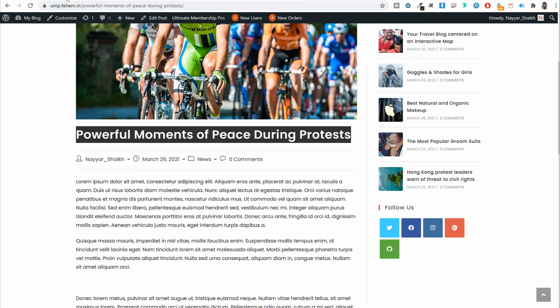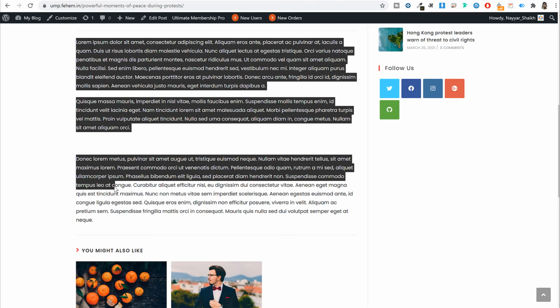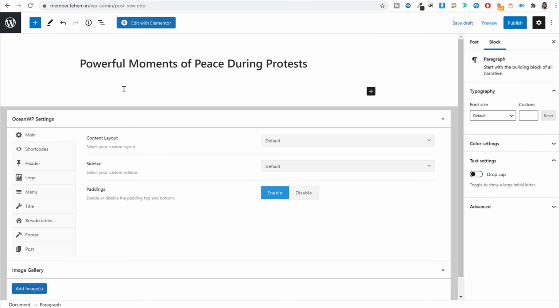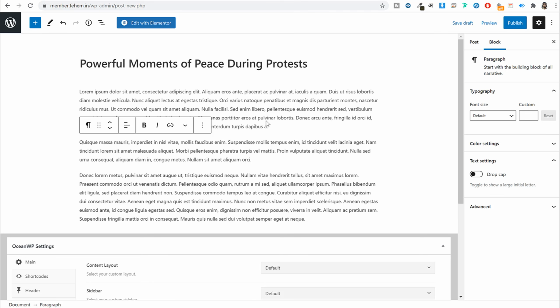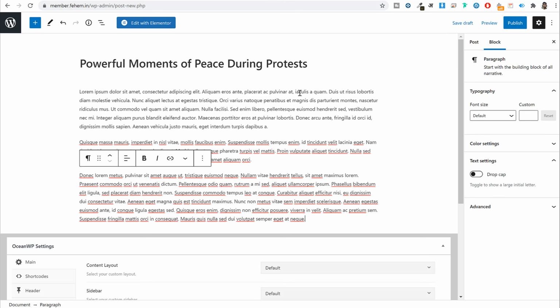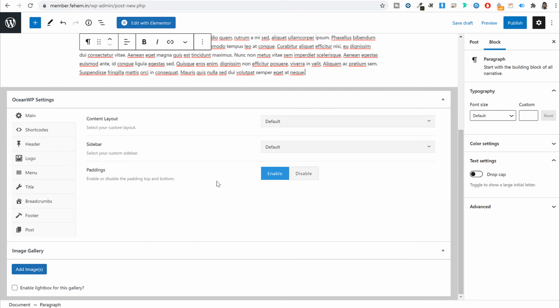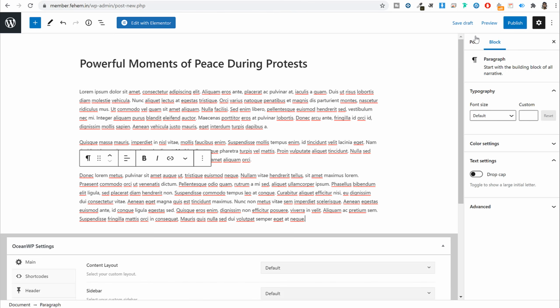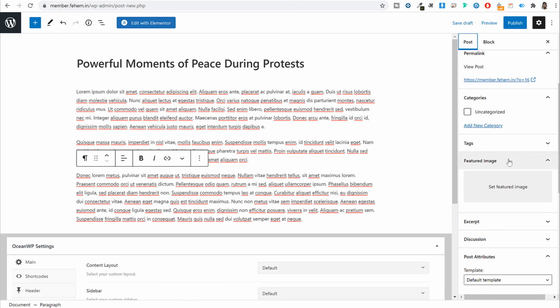And after that, whatever your content is. So this is our content. I'll simply copy it and paste it at the bottom. This is where you'll enter your content. Right now, I'm just creating a normal post. We are not restricting anything. We're just creating a normal post. Now, once you create your content, once you enter your content, now at the right hand side, if you click on post, we have to do a few more things.